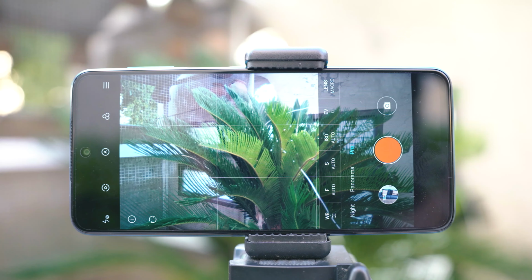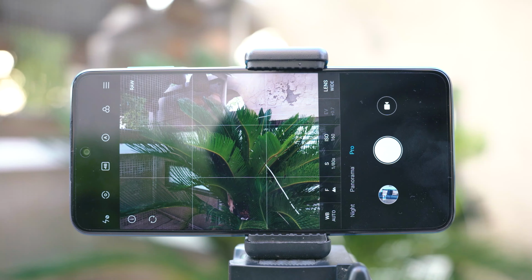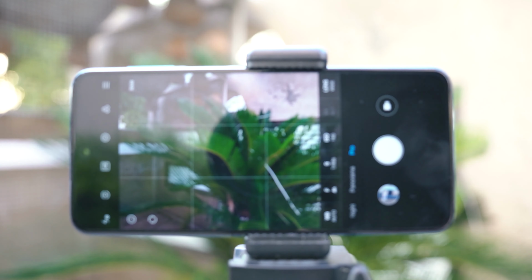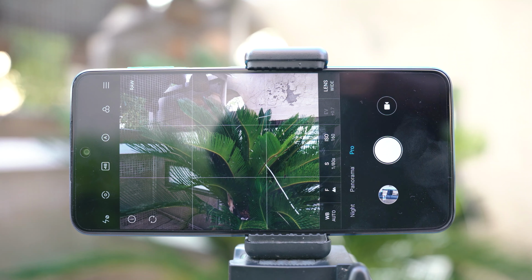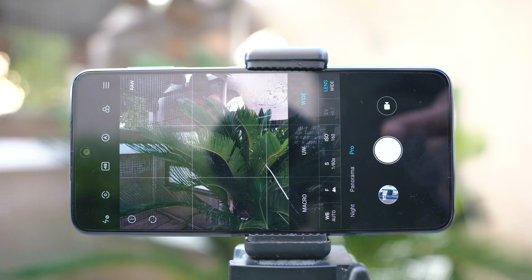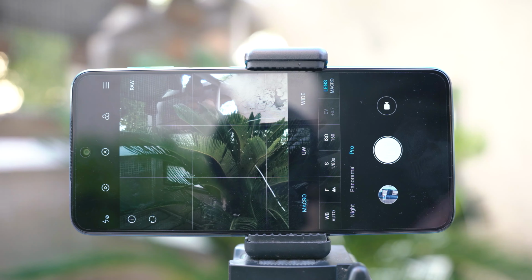Towards the right side of the mode selector of this phone you have its Pro mode. Now when you turn on the Pro mode, first of all, it's going to be in the photo Pro mode state by default, and this is what it's going to look like. So here you can see that we have some options. First of all, let's start from the bottom. Here we have the option to change the lens. First of all, by default we have the wide lens, which is the main 48 megapixels camera. Next to that is the ultra wide lens, and then next to that is the macro lens.